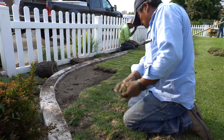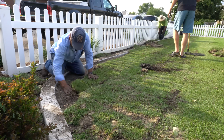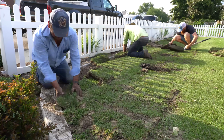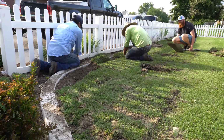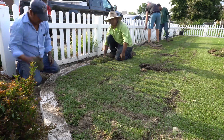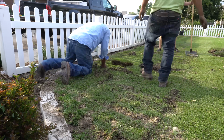Now, previously when I put the sand down on my other leveling videos, if you go back to watch that, the idea behind that was to smooth it out and to raise surface levels. You can only do that so much at a time, usually about 1/2 inch per application, and you could do that every 2 to 3 months if you wanted to be really aggressive about it. Now, since I have my border edge in and my grass is in decent condition, I wanted to speed that process up. So this time, instead of leveling it, we're going to raise the soil, dirt levels, then put the sod